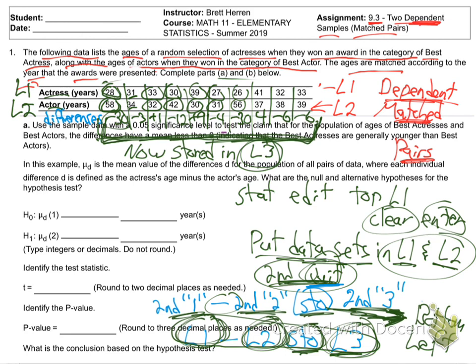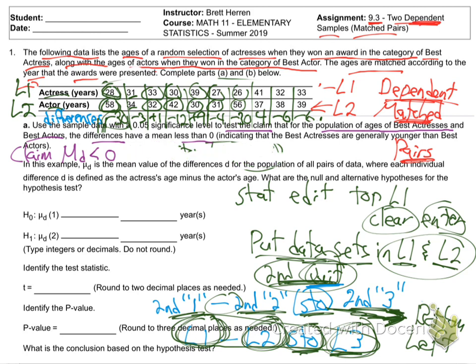Oh, here it is. So I've kind of made too big of a mess here. To test the claim that for the population of ages of best actresses and best actors, the differences have a mean less than 0. So there's the claim. So the claim is mu sub d is less than 0, meaning the claim is differences